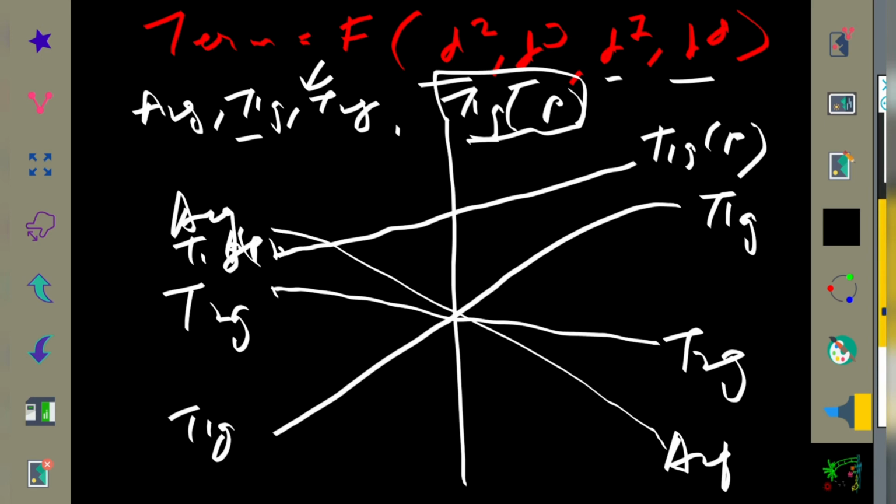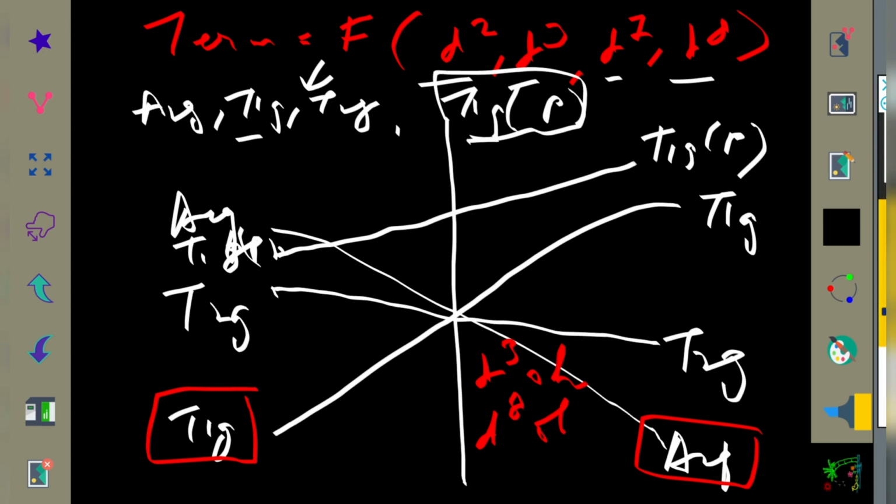So let's find out which will be for which configuration and which type of geometry, whether octahedral or tetrahedral. From both the two sides we can find that on this side the ground state is A2G, and this side the ground state is T1G. So similarly as we have seen for the previous Orgel diagram, here also we have to write like that. For this side it will be for D3 octahedral and D8 octahedral, right? And on the opposite side it will obviously be n plus 5, that is D2 octahedral and D7 octahedral.